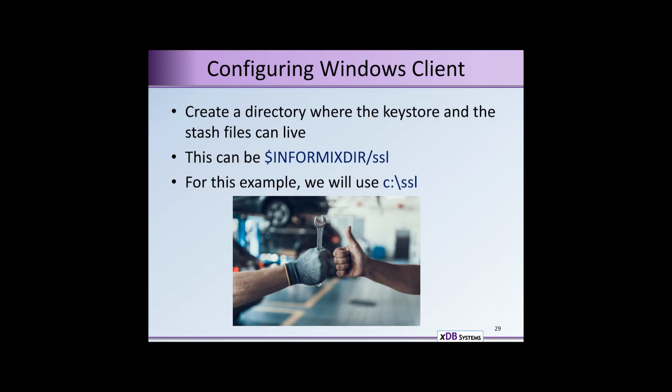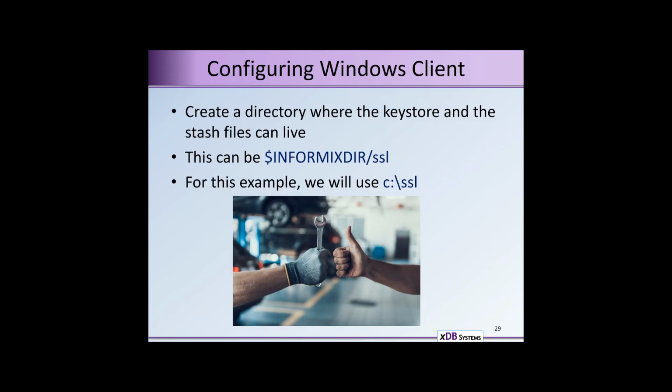So setting up a Windows client. We've now got the server running, we've got our local Linux system running. Let's get our Windows client up. The big thing is creating a directory where the key store and the stash files can live. You can put this in your Informix client SDK/SSL. Some clients, I will often do this as C:\SSL. If you have automatic deployments of an application, you may actually want to bundle the SSL,